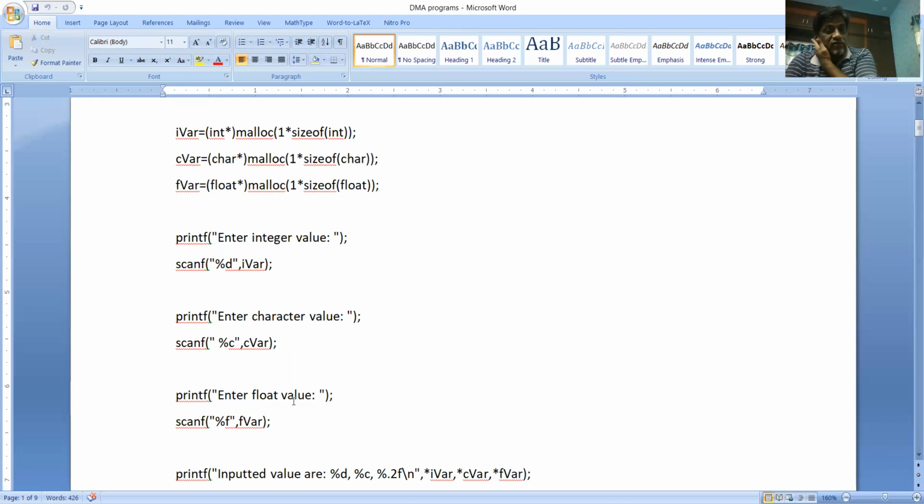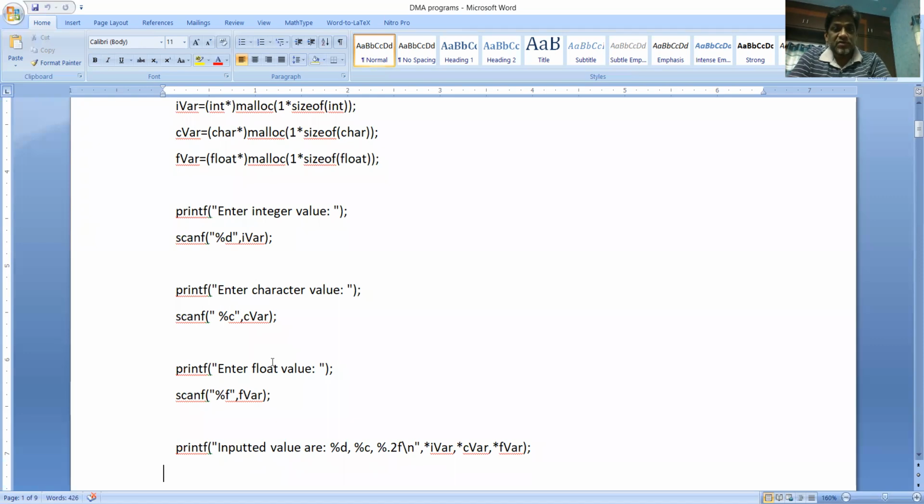Similarly, enter float value is the message. And here also we are not mentioning any ampersand because FVAR already stores the address of the corresponding variable. Okay, so with these three statements, the values of the integer variable, the character variable, and the float variable are read.